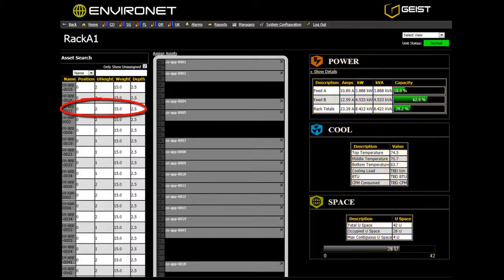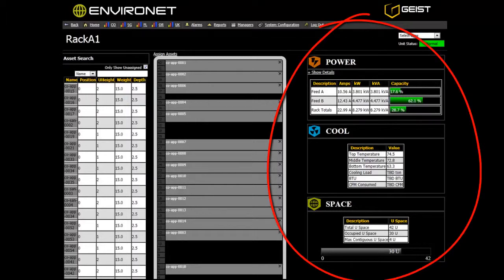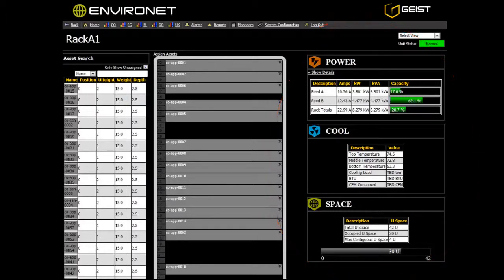Assign assets by dragging available servers from the list of assets to the cabinet layout. As new servers are installed, Environet recalculates the impact to the power, cooling, and space. In this instance, the added server caused the power capacity to be reduced and increased the expected temperature by several degrees. This feedback ensures racks as well as rows are configured within the range of a facility's cooling and power